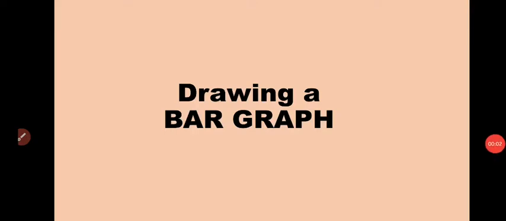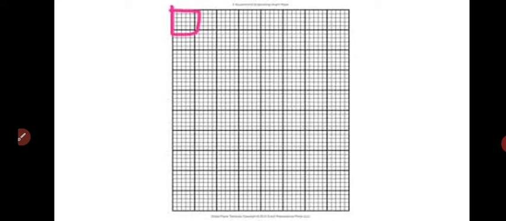Good morning, students. Today we are going to learn how to draw a bar graph for lesson number 9, data handling. Okay, now you know about a bar graph. Generally, a bar is a shape of a rectangle, that is why it is called a bar graph. Now, graphs are classified into two types.